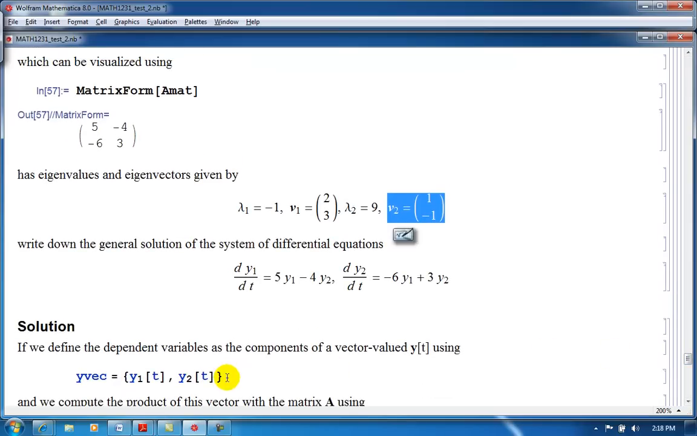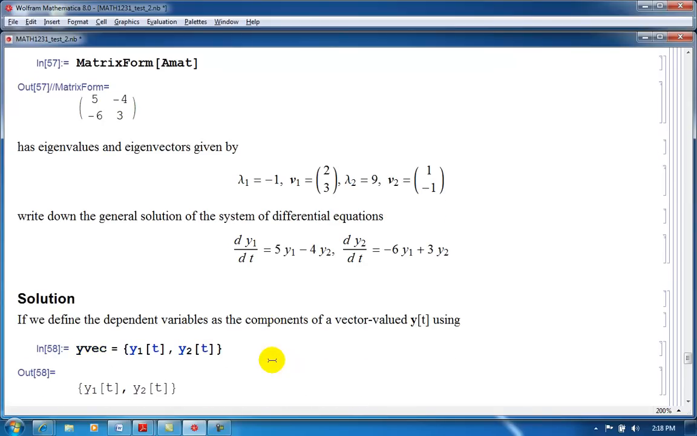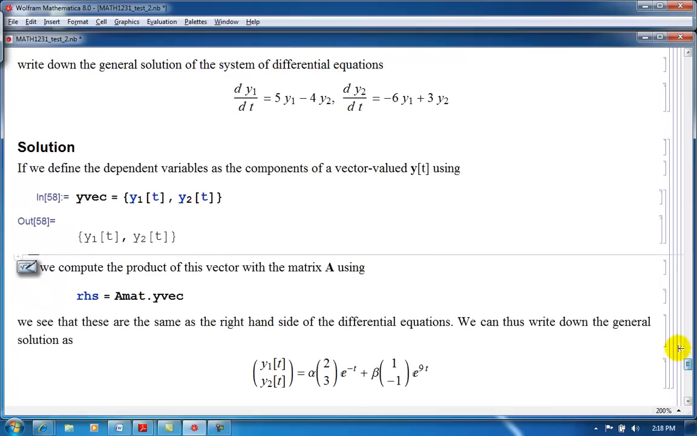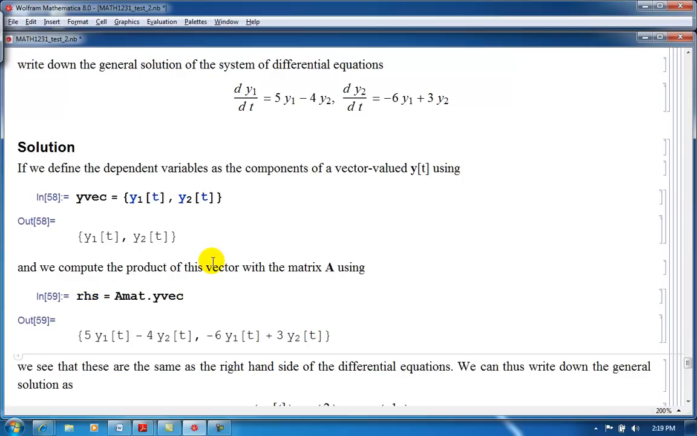Well, let's define the solution as this vector valued function of t, and if we multiply this vector here by the matrix, we can see that this is the same as the right-hand sides of these differential equations. So in other words, this dynamical system